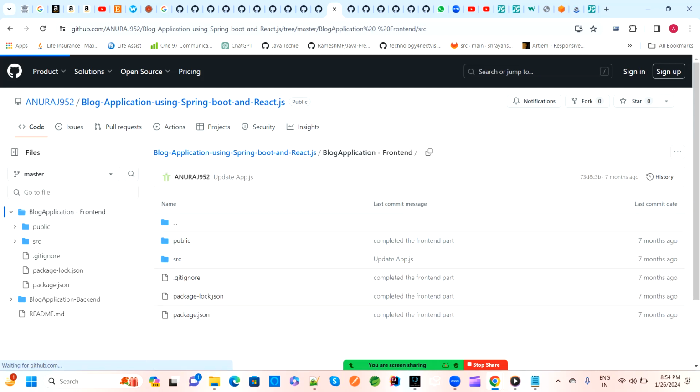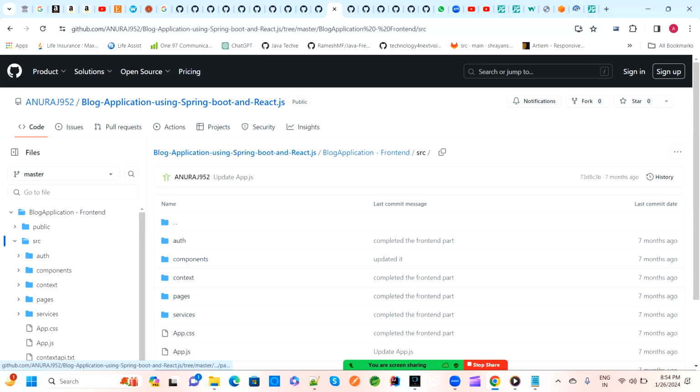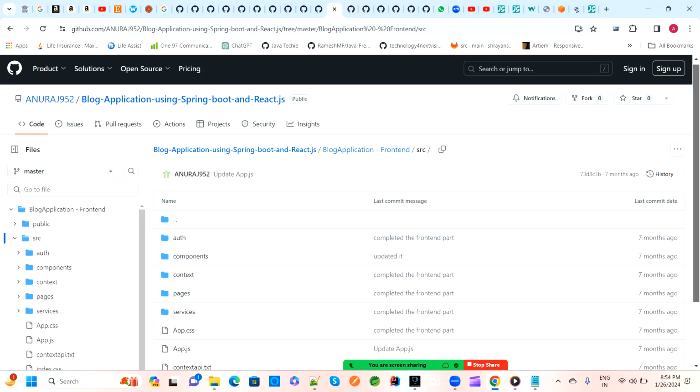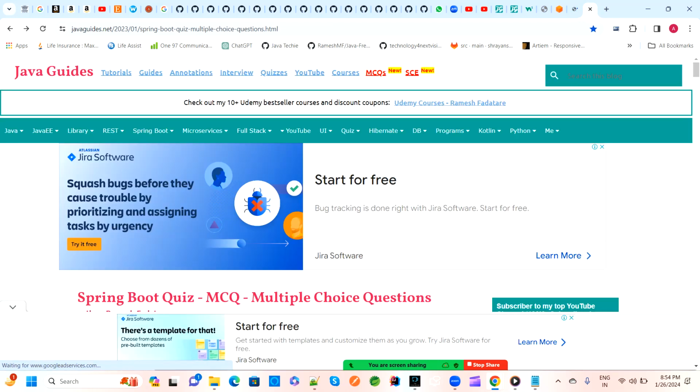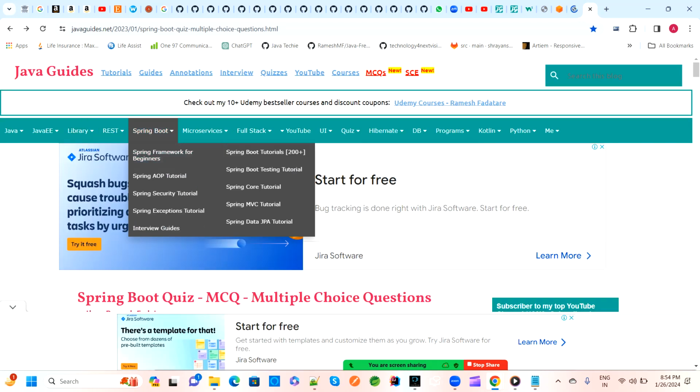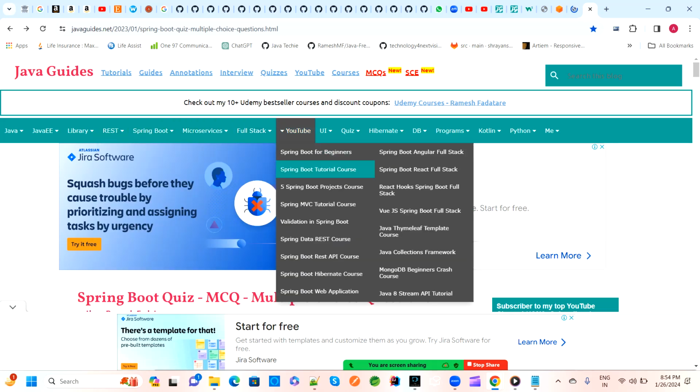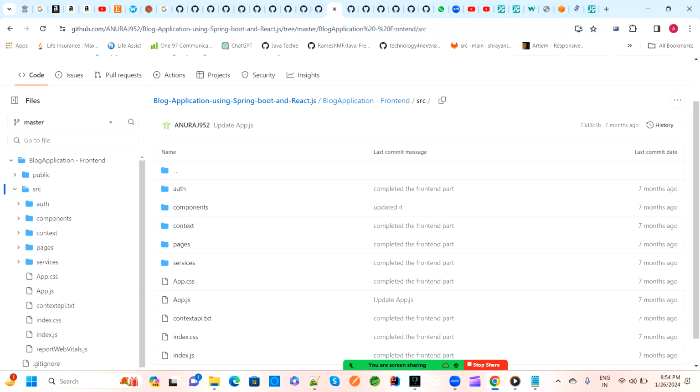In this front end also it is the same structure, but here they have added some pages, like we have multiple pages, multiple headers. Inside these headers, all of these are the pages that will be created. So if you want to create like that, we have page, context, component and authentications and all. And then the backend, if you see